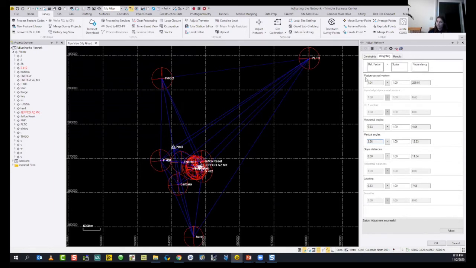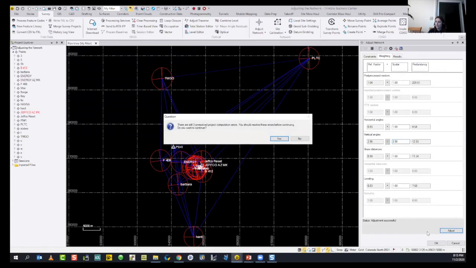Right now, my post-process vectors is 1.04, which is fine. So just disabling some of my vectors doesn't help me at this point. I should weight my vertical angles. Then I'm going to apply a scalar. By clicking this star, I just set my reference factor equal to scalar.